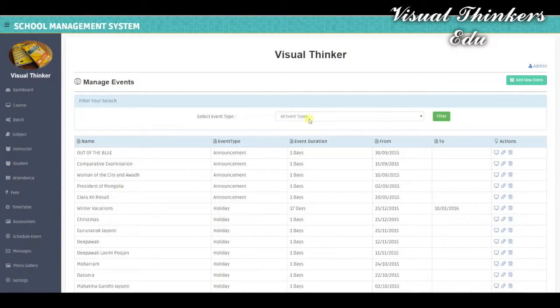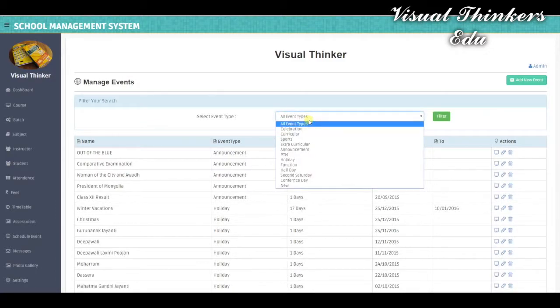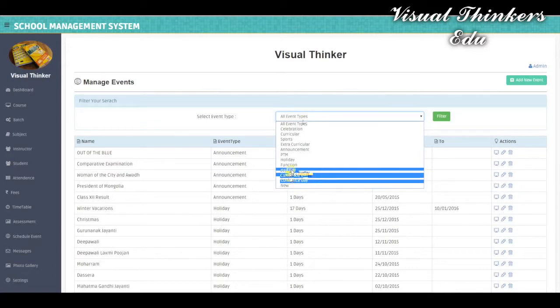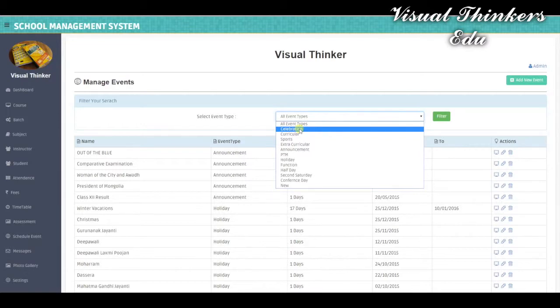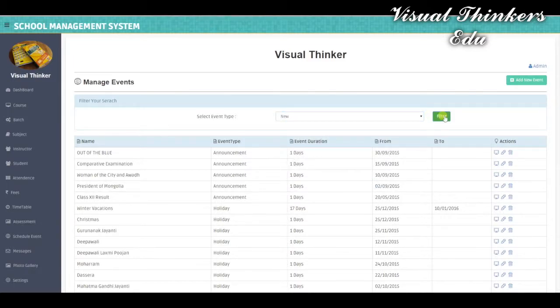You can also filter it by selecting different event types. You will notice that there are different event types, the ones we created in event type management. Here is the recently created news event. Now select news and click the filter button.